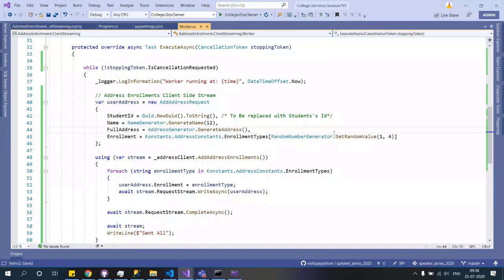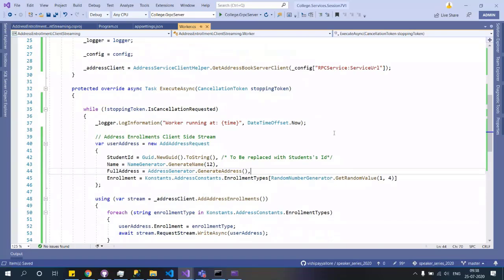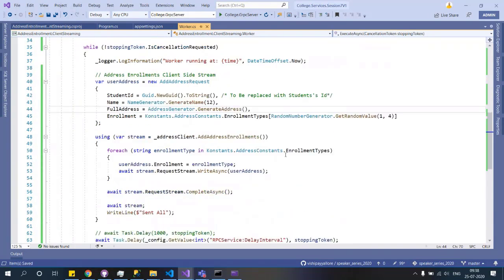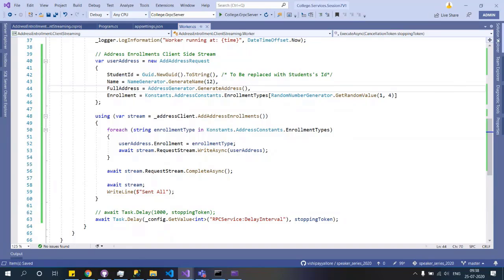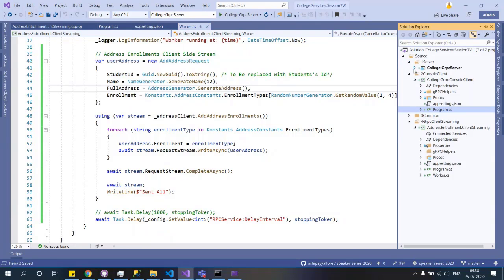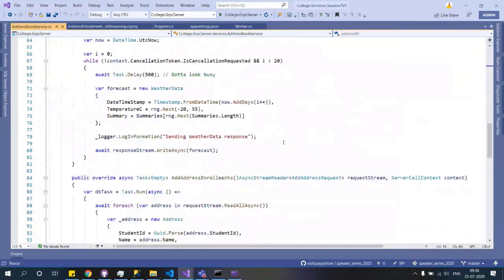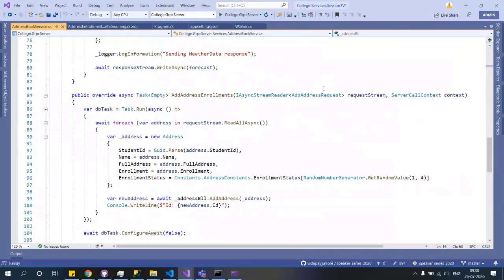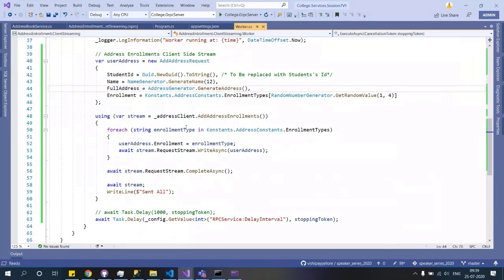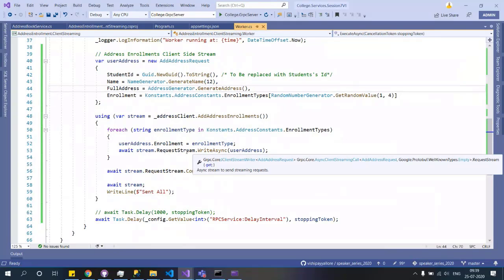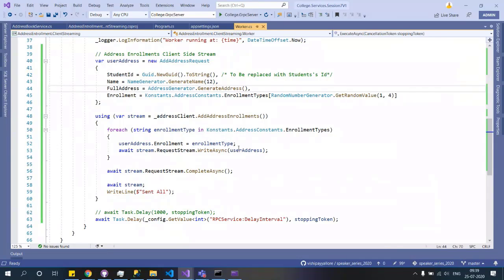Right. So now what is happening is, if you see this method where we created it, that's the client side streaming. Let's go and quickly see that inside the server. Let me go to this address book service, and inside this address book service, see this here, it is a request stream. Now the request is doing the streaming. That means the client is doing the streaming. Okay, so we have to come in here, and that's what we are doing. And to that request stream, we are writing these different addresses.